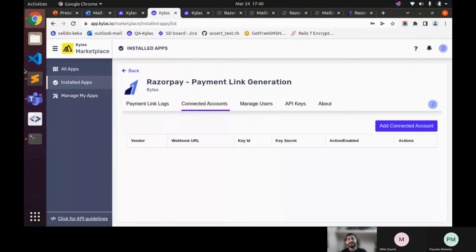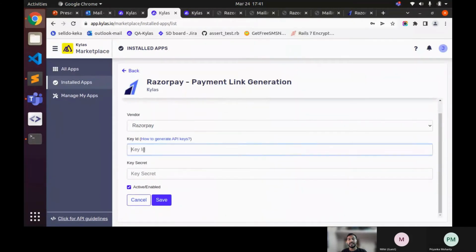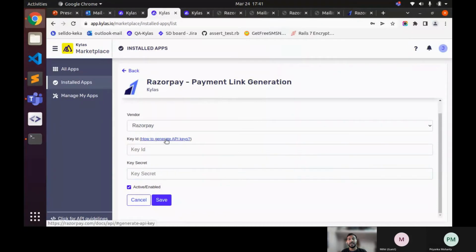So let me go to the connected accounts. First of all, we need to connect our Razorpay credentials with Kylas. When I click on connected accounts, I see one CTA, add connected account. When I click on it, I need the Razorpay key ID and key secret. So how can we generate the Razorpay key ID and key secret? There is a link, and when you click on it,